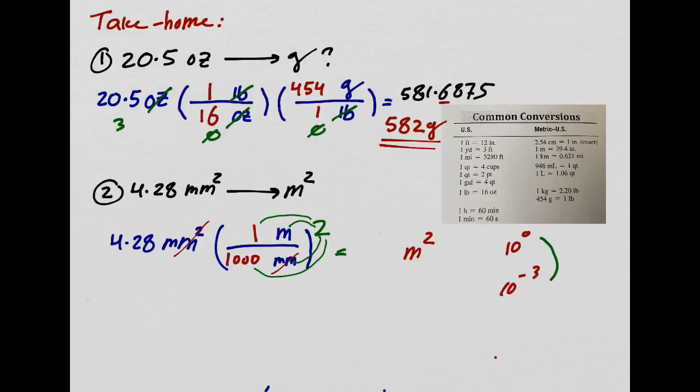Now the math. Remember, since everything gets squared, the 1,000 will also get squared. So it will be 4.28 divided by 1,000 and then divided by 1,000 again, or 4.28 divided by 1,000 squared. Now I definitely want you to take out your calculator and make sure you do this. Now, if you do this, we have to think about sig figs. Let me give you the answer that I get without the sig figs first. So I get